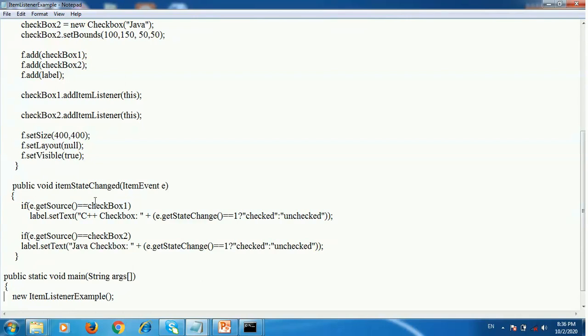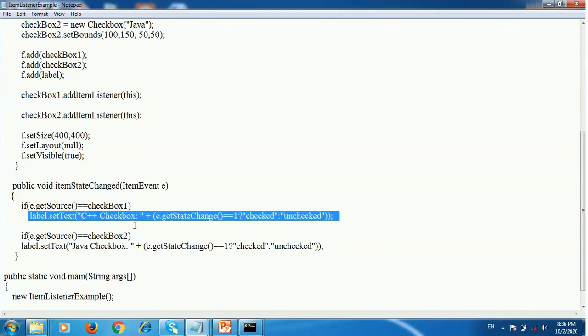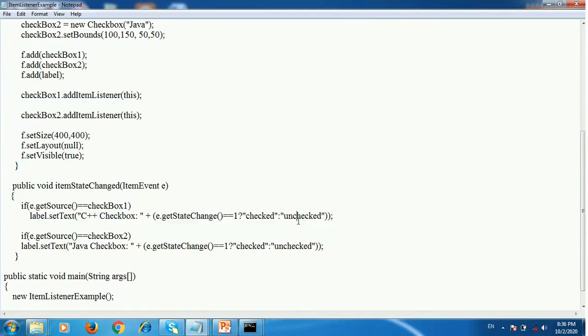When you click on checkbox1, then this statement is executed. label.setText("C++ Checkbox: " + (e.getStateChange() == 1 ? "checked" : "unchecked")). So when you click on checkbox1, that time it will display using the setText method, C++ Checkbox checked.